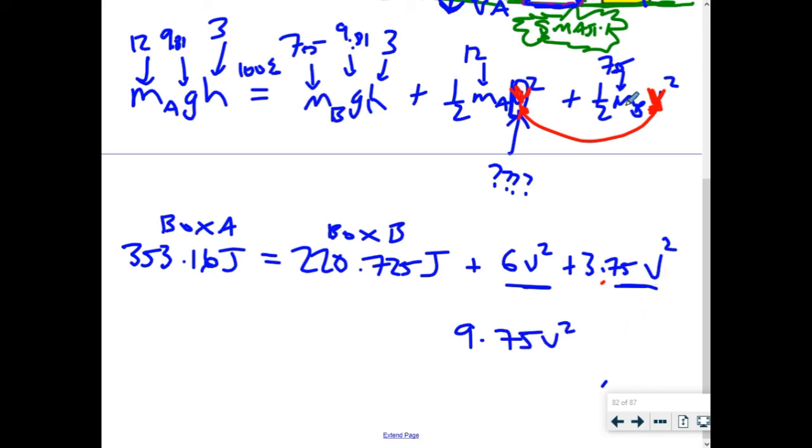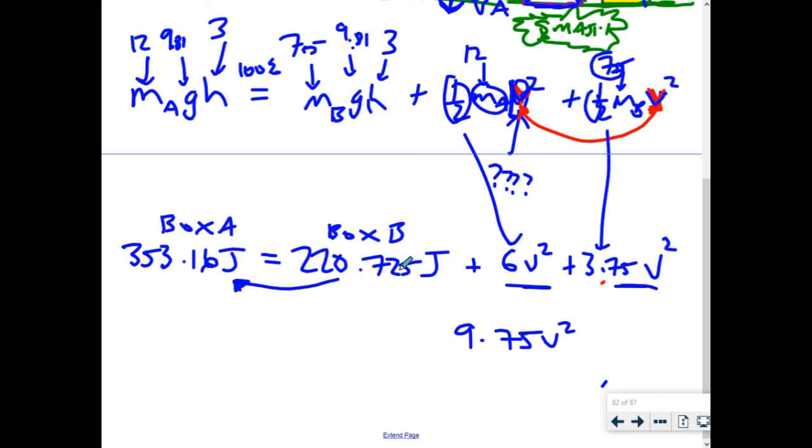And if I kind of lost you there, all I did is I took the mass and the 1/2, put them together to get the 6. The mass and the 1/2, put them together to get the 3.75, but I left the v. There's a v squared sitting here as a variable. Now, this value right here, why don't I subtract it to the other side? Right, so if I take 353.16 and subtract 220.725,